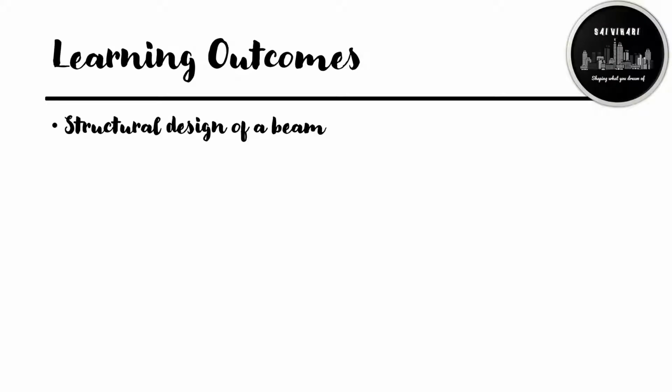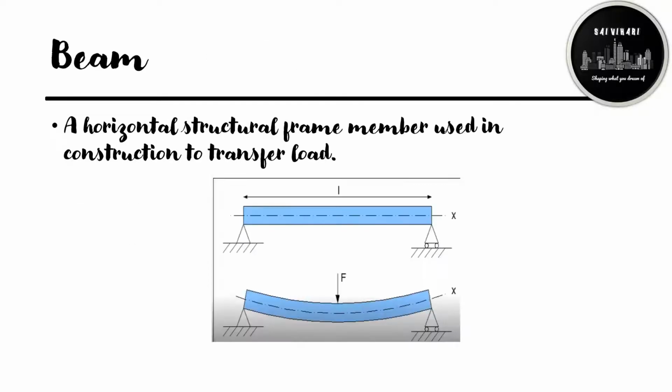In this video, you will learn about the concepts and technical considerations in structural design of a beam, which includes spans, supports, and loading. A beam is a structural element that primarily resists loads applied laterally to its axis. Its mode of deflection is primarily by bending. In a frame structure building, it is used to transfer loads from slabs to columns.